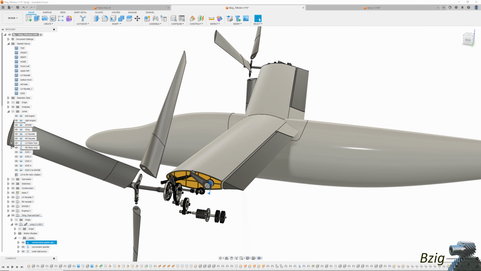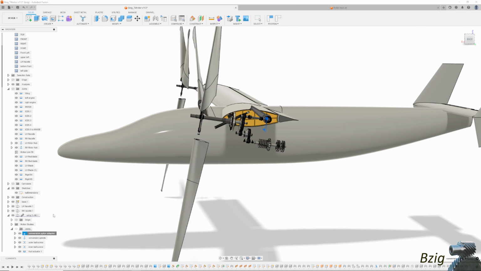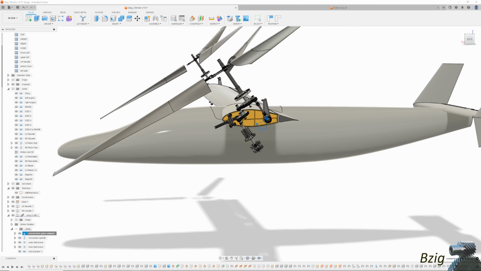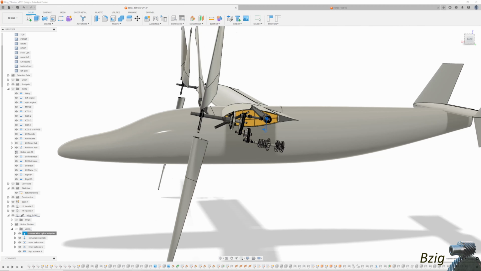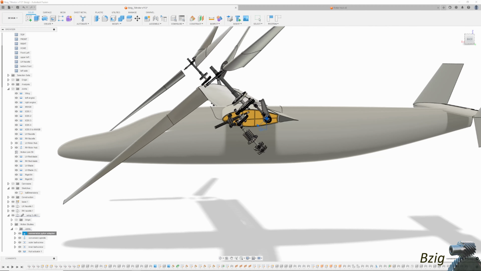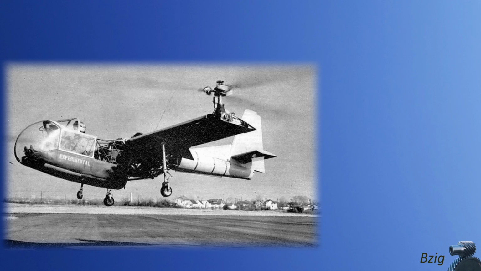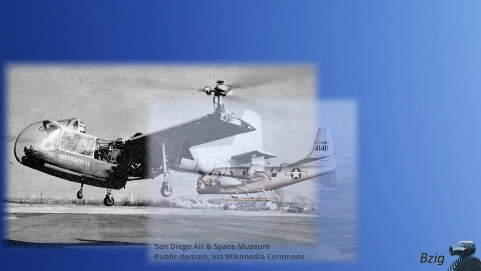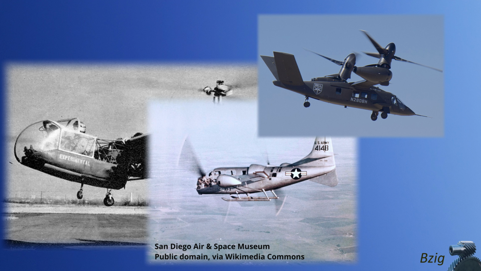I'll go over the configuration of what's on the screen and make a few references back to these current and past designs. In this design, the wing remains stationary and the rotors, engines, and gearboxes tilt forward and aft to affect the transition between fast flight and slow flight. This concept of moving both the engines and the gearboxes is not universal amongst all tilt rotors. The early tilt rotors, the 1G and the XV-3, use stationary engines,